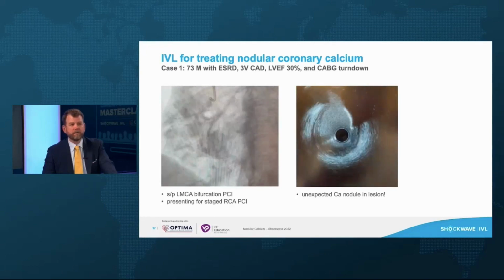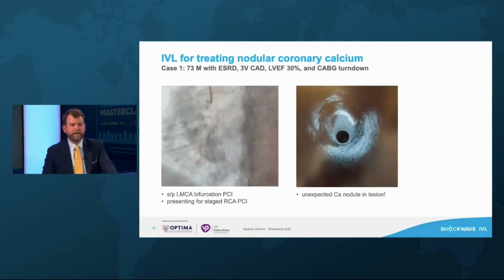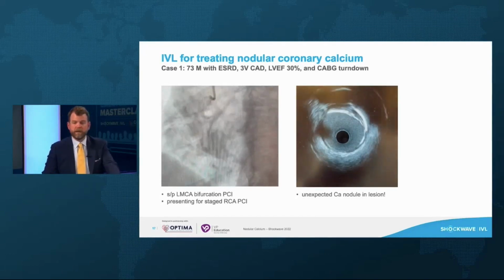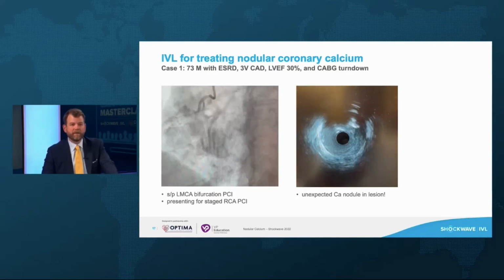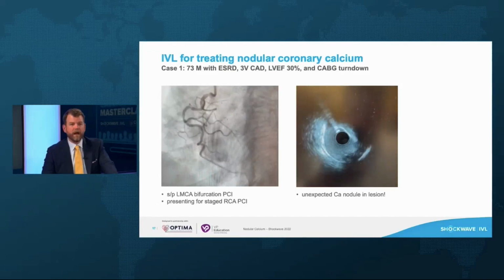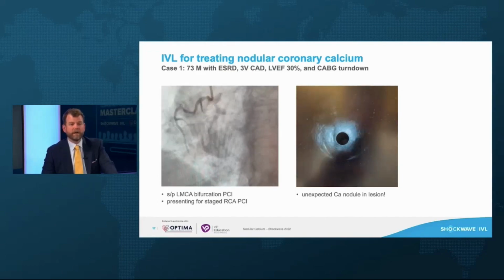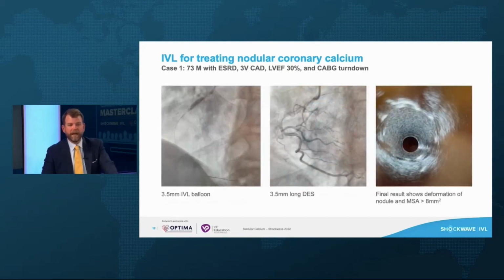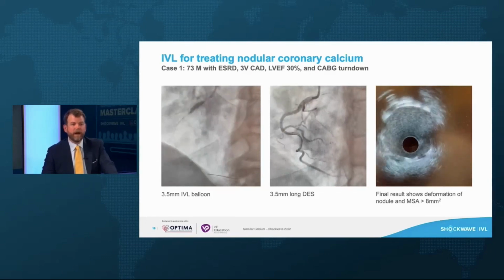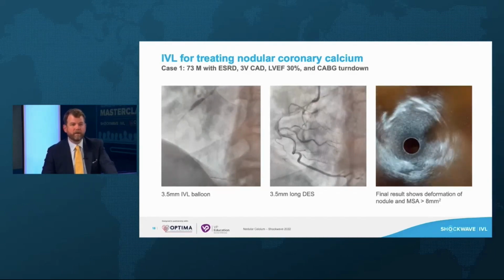As you can see here, there's a mid-body lesion in a relatively tortuous vessel, although on the angiogram you really don't necessarily see that there's going to be a lot of problems. But of course, when we run the IVUS catheter down, as you can see on the right side there, we see a nodule that crops up, and actually a relatively heavy nodule. Again, we were able to get the IVUS catheter down, so there's no reason that we can't get our IVL catheter down. We took a 1-to-1 size 3.5 IVL balloon in there, went up and down the nodule, got really good expansion of the balloon,